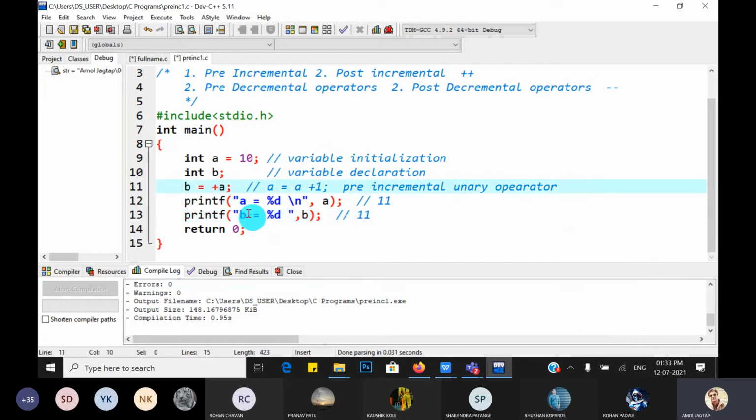Guys, now my question is, with the same operator plus plus, that is the post-increment unary operator, what is the meaning of a plus plus? Yes, its meaning is the same. You have to increment a by 1. Now predict the output and tell me what the output of this program is. A is 10 and b is 11. Anything else?